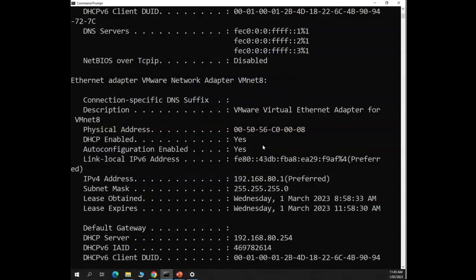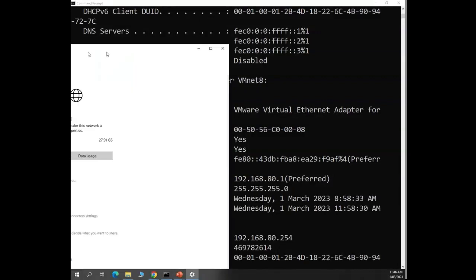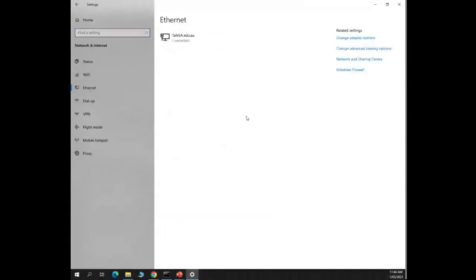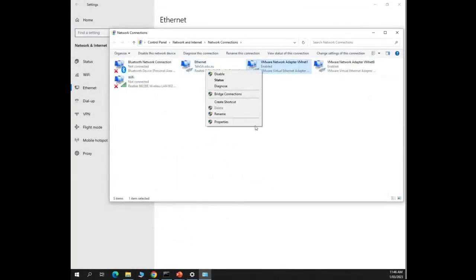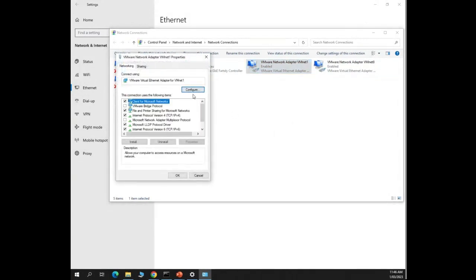But what if I did want to do something with it? What if I want to be a little bit sneaky? That's probably what they do in most situations. What if I want to be a little bit sneaky and I'll just mess around with the VMware one? And what if I just want to configure a specific MAC address? Because I want to test the MAC address filtering on my Wi-Fi network, for example. I might just go to the